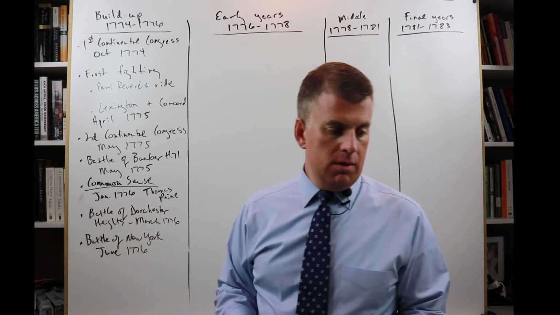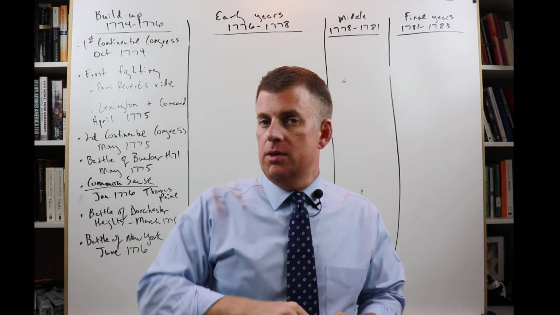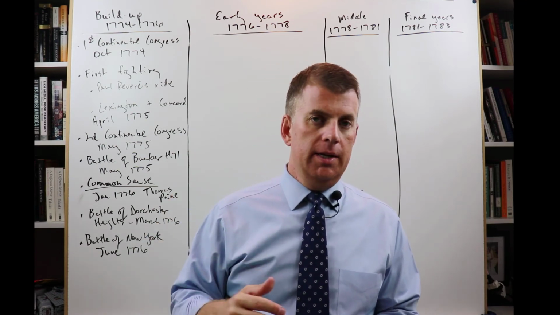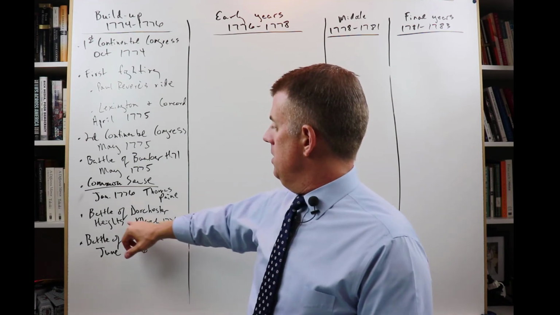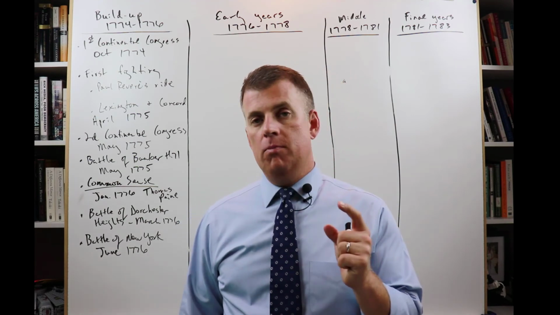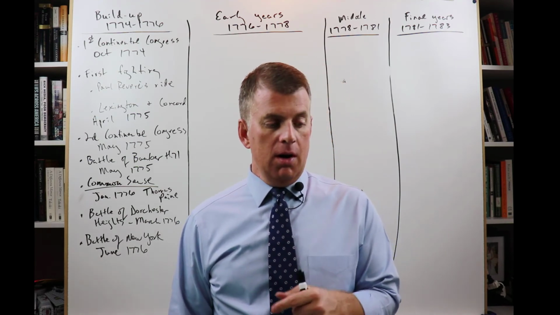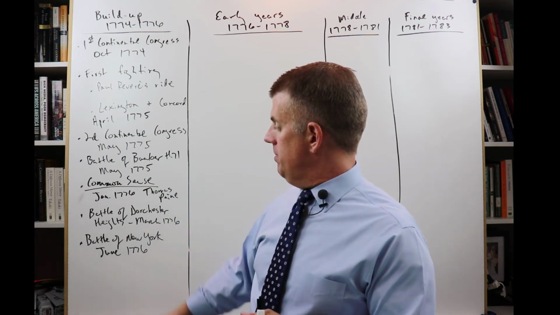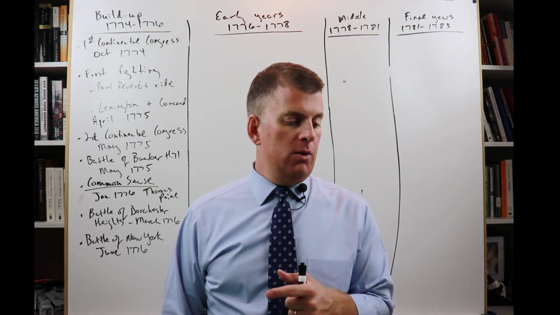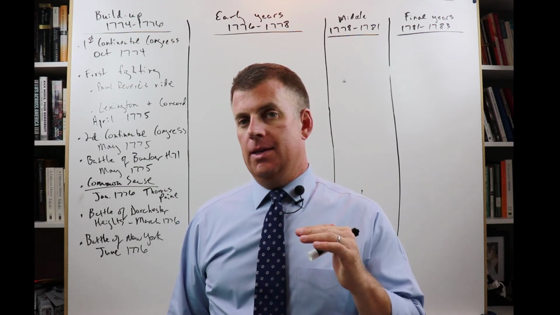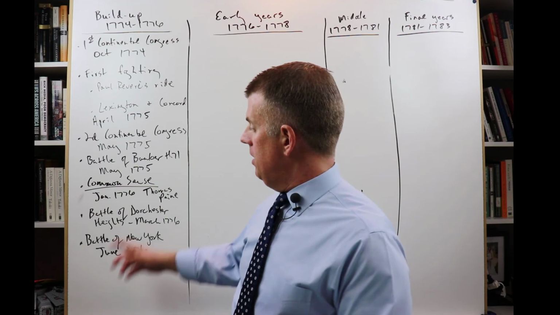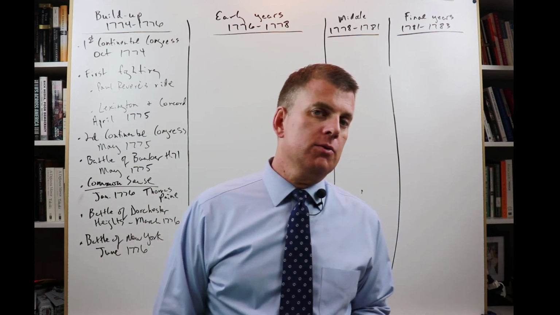The Battle of Dorchester Heights was a victory. George Washington forced the British out of the city of Boston, and they had to retreat into Canada. So the Patriot Army was able to recapture the city of Boston. George Washington lost at New York, Battle of New York. The Redcoat Army under William Howe pushed the colonials out of New York and made a retreat to New Jersey.